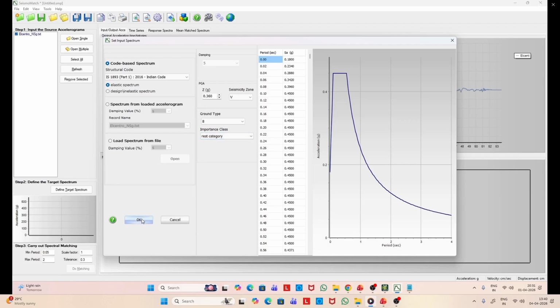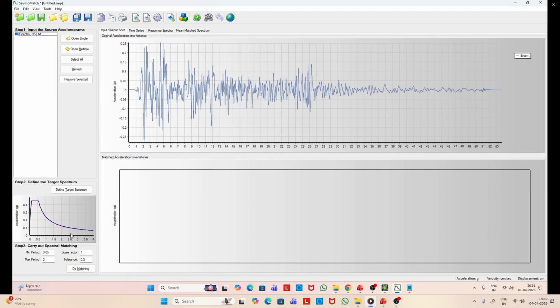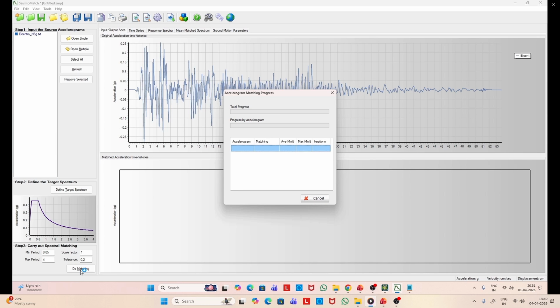Now you can see the design response spectrum here, and for that we have to go for matching. We select the maximum period. As you can see, the design response spectrum is defined up to 4 seconds, so we select that. Now this tolerance you can actually reduce, but for that you have to go for a paid version, otherwise you go for the default setting, which is 30%. Even if you set a lower value, it will not accept. I will come to that again when we do the matching.